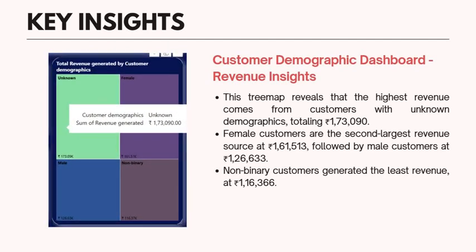So here we have derived some key insights. A question was: what demographic group contributes most to the sales? After analyzing the customer demographic dashboard and the total revenue generated by customer demographic, the tree map reveals that the highest revenue comes from the customers with unknown demographics, totaling 1,73,090 rupees. Female customers are the second largest revenue source, at 1,61,530, followed by male customers at 1,26,633. The non-binary customers generated the least revenue, that is